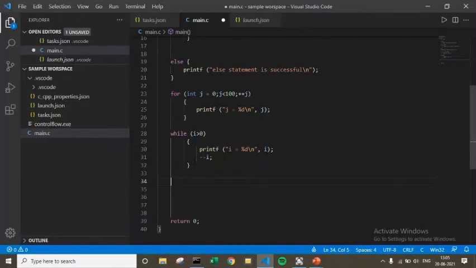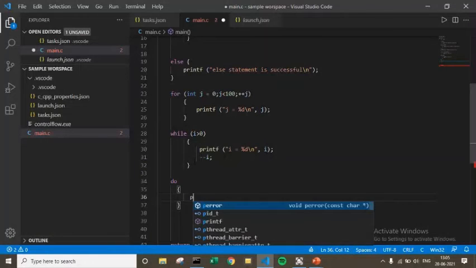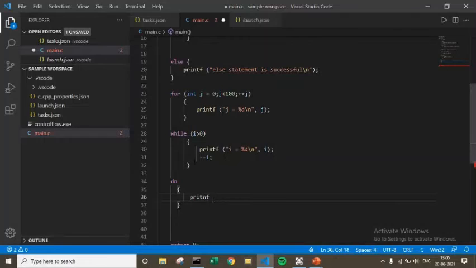So do, printf %d, i, while i is not equal to 0, and a semicolon at the end.